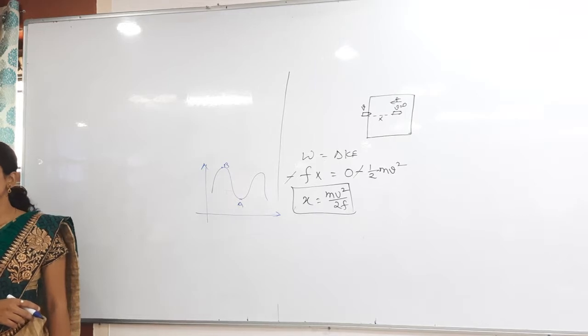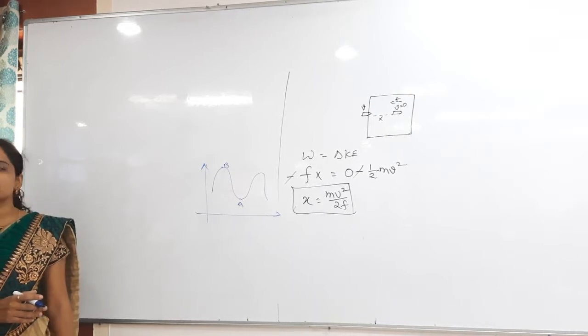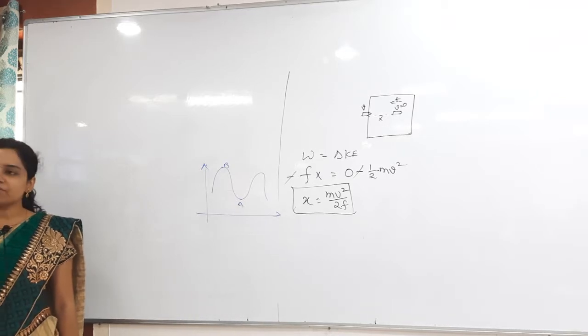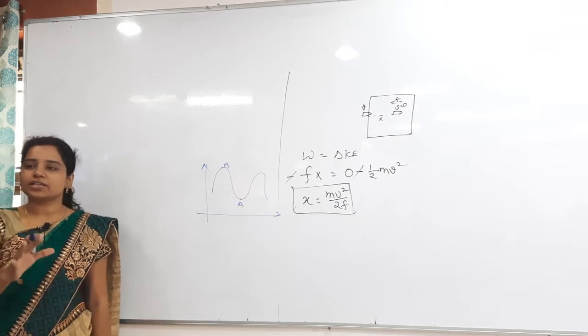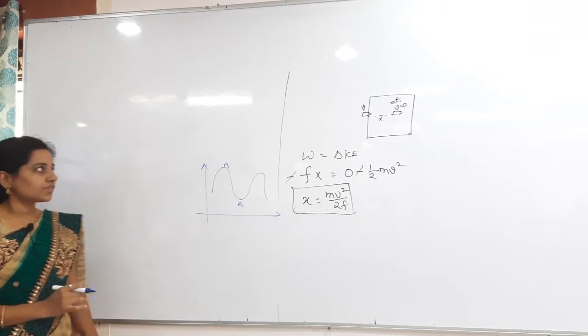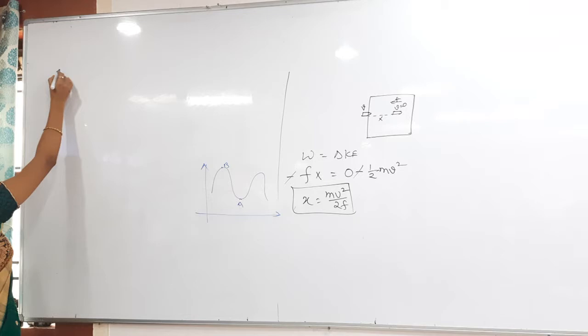Minus du by dx, right? Otherwise delta u by delta x also. F is equal to minus du by dx. In that again we are having the minus symbol, so you cannot identify the slope properly. So for that I will tell you some shortcut methods. First of all, equilibrium. What do you mean by equilibrium?